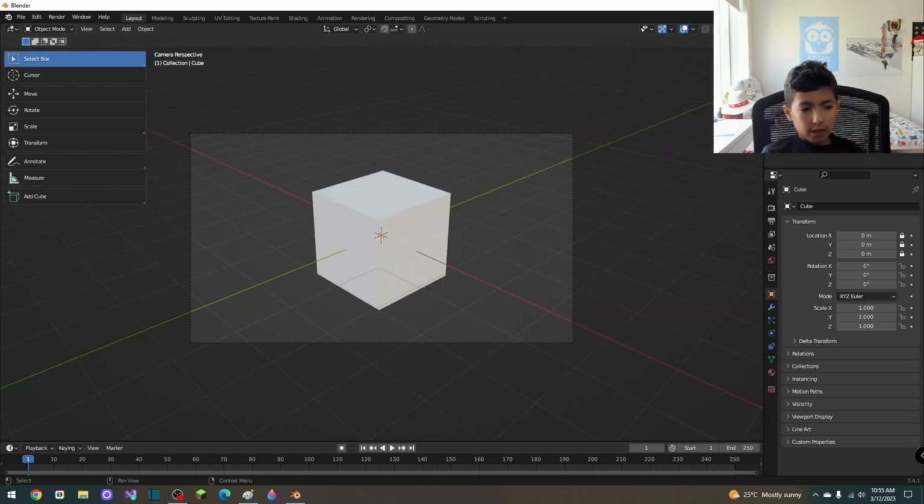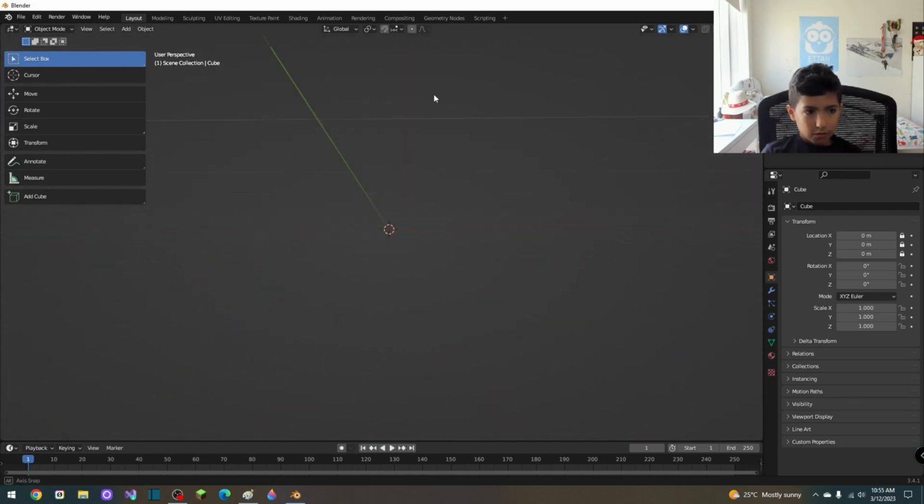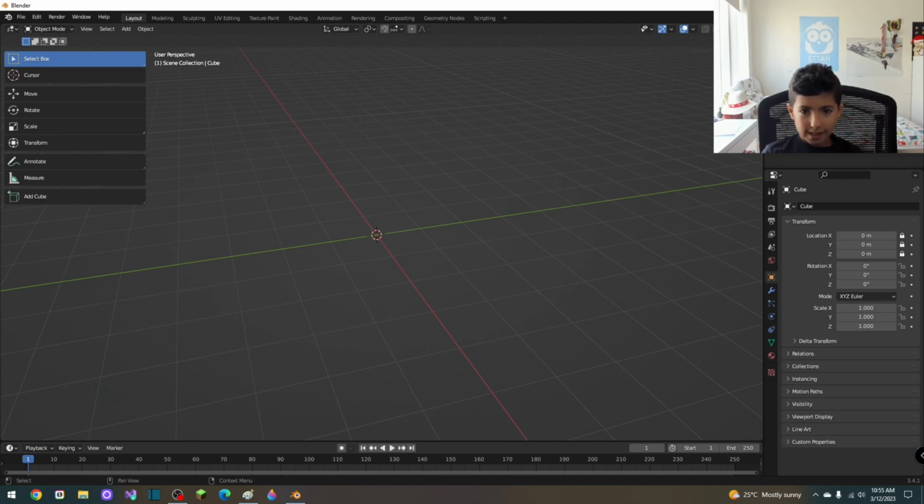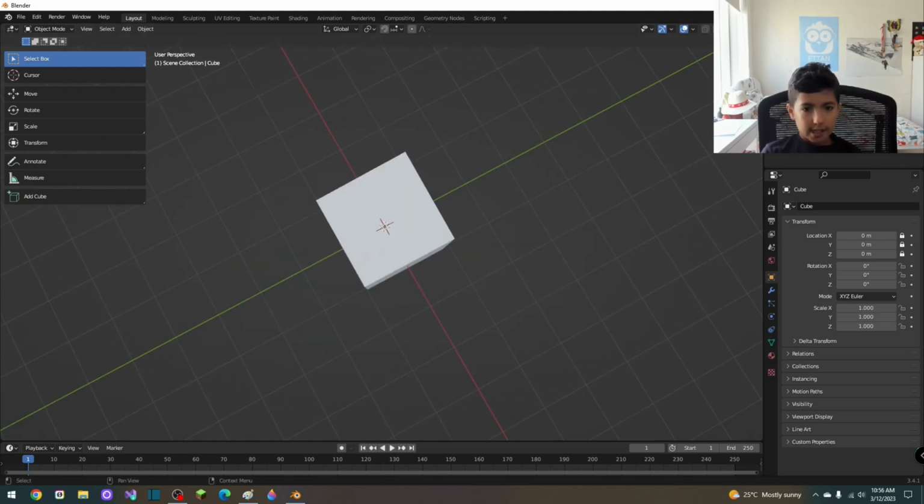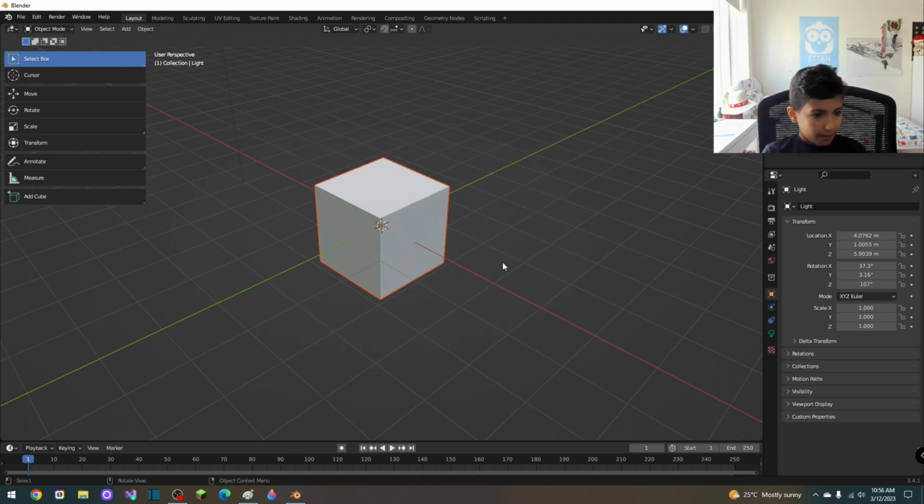Anyways, here you can click on the eyes to see and not see. I don't know what this thingy does, but I never used it. And you could also click on these eyes to see nothing. And the way that you select things, you can also select them here. And if you want to go in edit mode, you just click tab and then